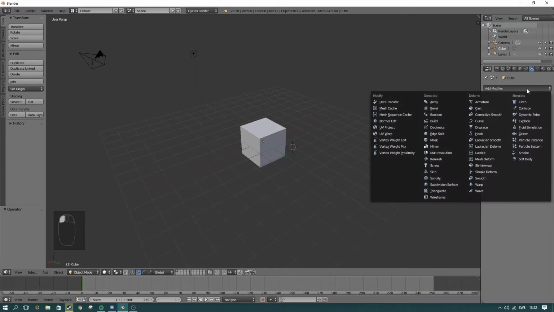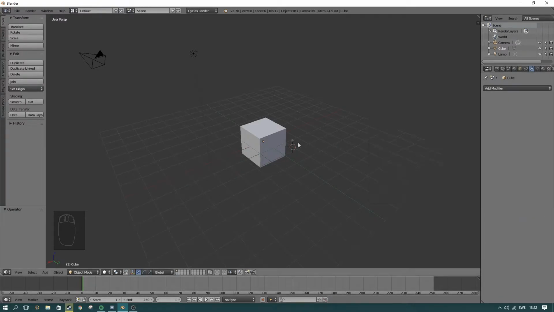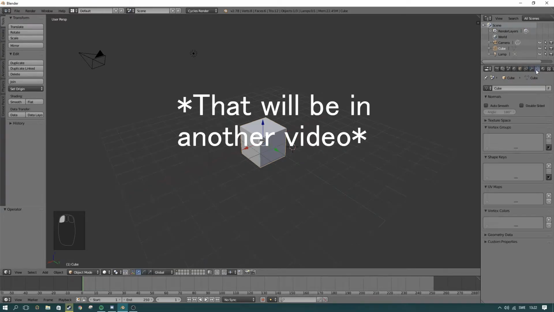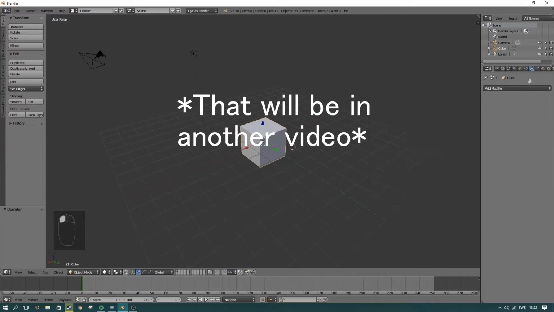And the modifiers, here you will be doing a lot, and with a lot I mean actually a lot. In the modifiers, you can add, for example, a mirror, which we're gonna take a look at in this episode, I think. And you can also add a ton of stuff, but I'm gonna go ahead and show you the most important ones and how to use them in this video, or at least I'm gonna show you the mirror. But anyway,